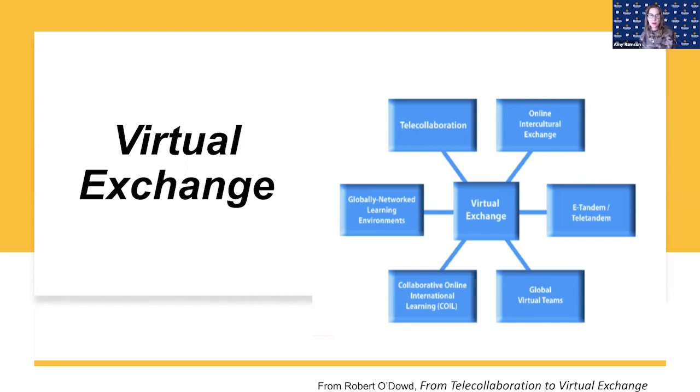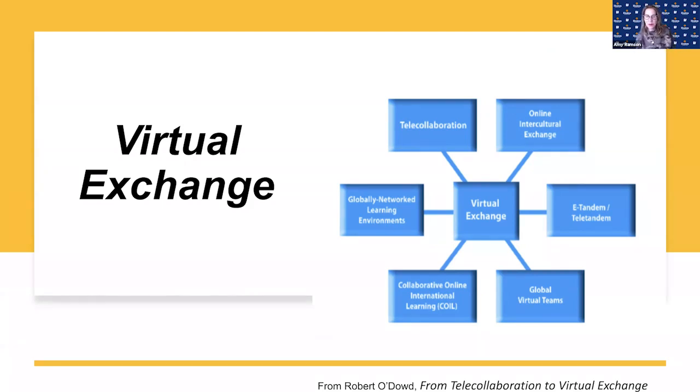So telecollaboration, as you see from this diagram, was really the first one. That started with language classes, language learners, and they linked. Then the next one that really became popular was with business classes, so that they could teach their, let's say, marketing students, or really just expose them to what they'd be doing in a global learning environment in an organization. And the one that we're going to speak about is called COIL, which is Collaborative Online International Learning